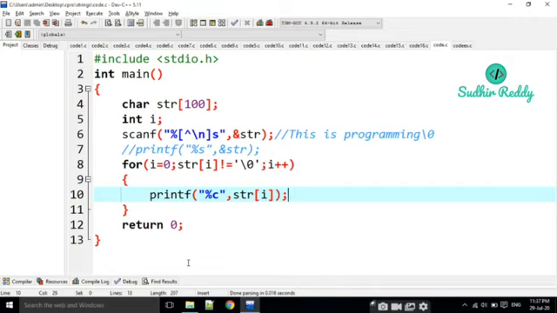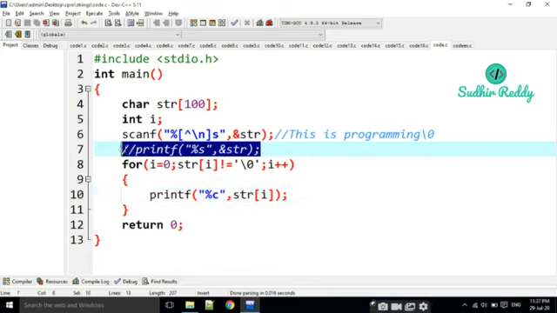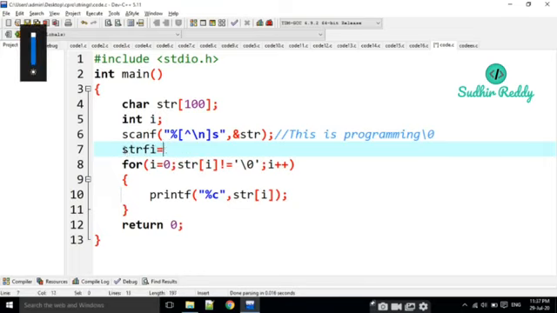Okay, then I am going to pass that string array into some functions. How are we going to pass it? I am going to write here strfun of str, that is some function here.